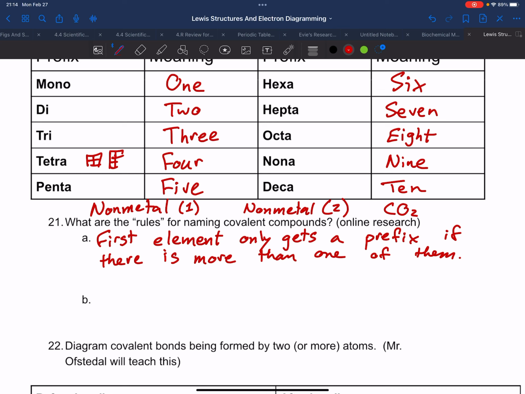So again, in CO2 as my example, the C is carbon, but there's only one of them, so it's just carbon. Right. For the second element,